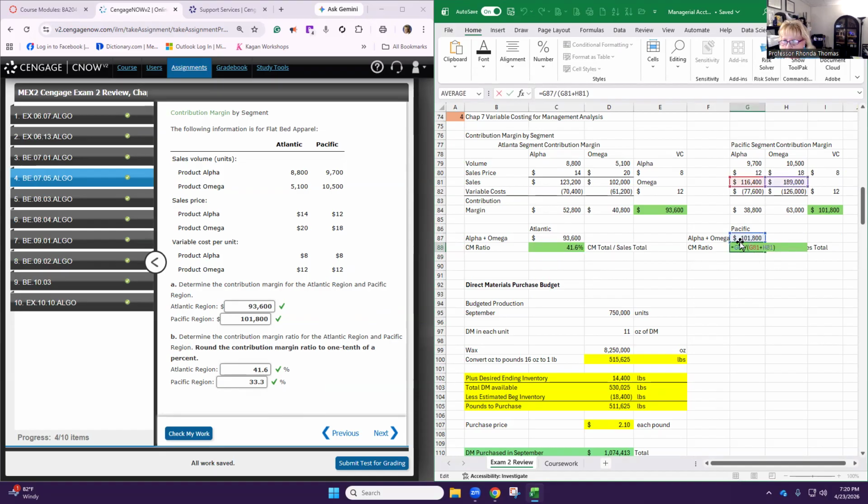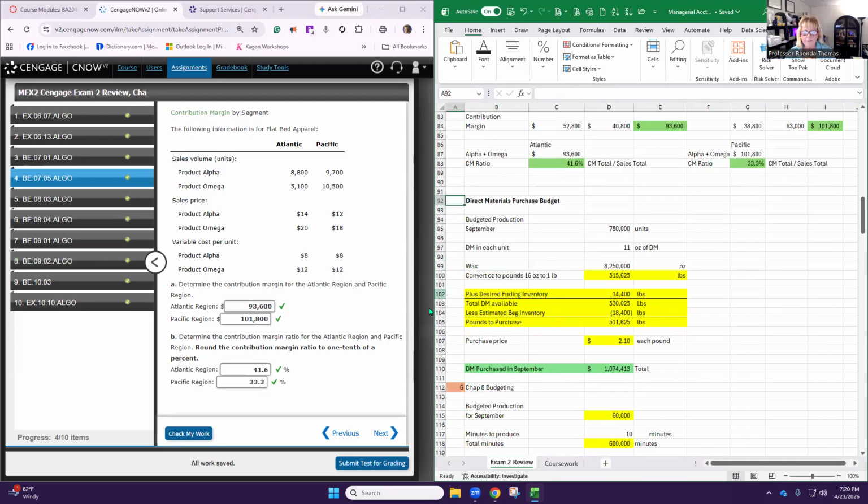So over here is the same thing. We take the contribution margin divided by the total sales. You could do a total sales and add it up right here beside it if you wanted to. I mean, that's up to you, but I just did it in a formula. So then this one becomes 33.3. Okay. All right. So now we're moving on